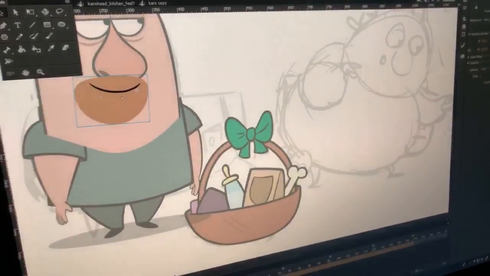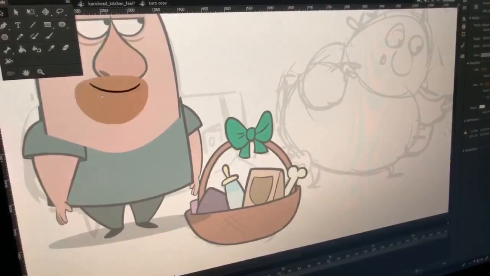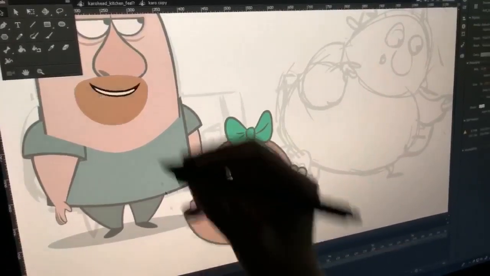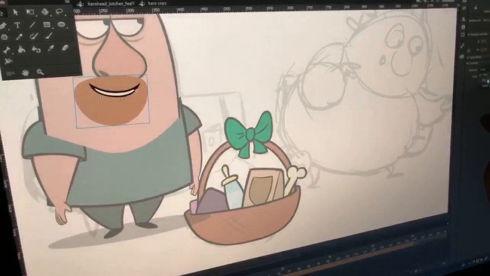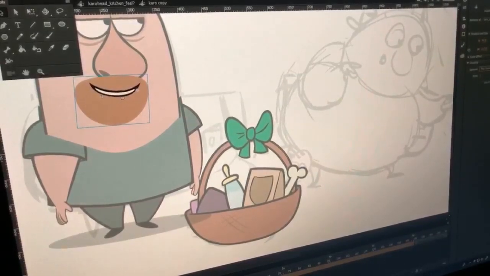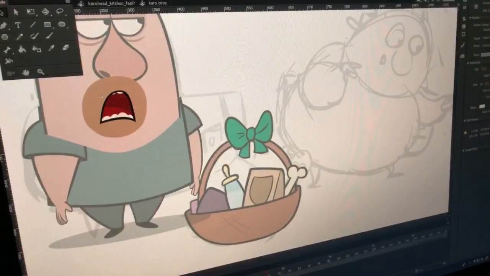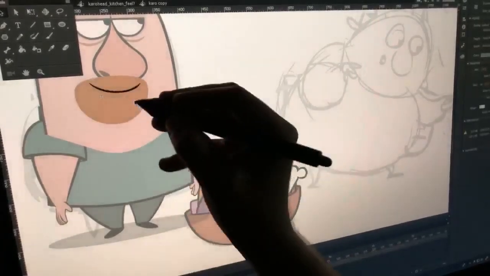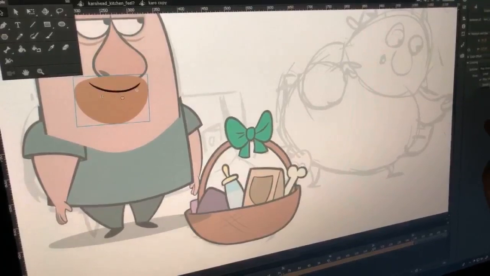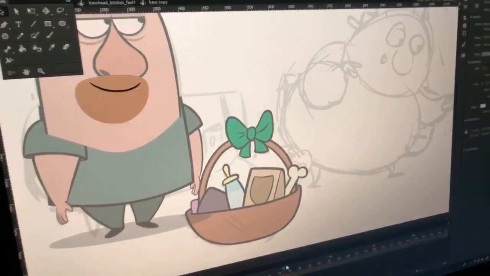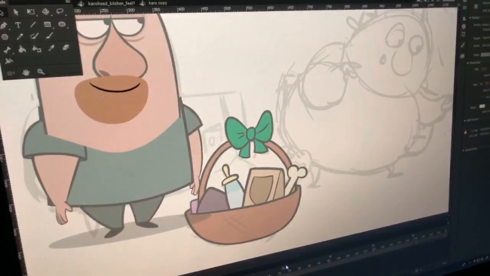So if I hit enter, it's just gonna loop the same mouth shapes over and over again. Happy, sad, happy, sad. And if I change this to play once and I hit enter, it's gonna play it once and then stop. If I change it to single frame and I hit play, it's not gonna play anything. It's gonna keep it on just one drawing.